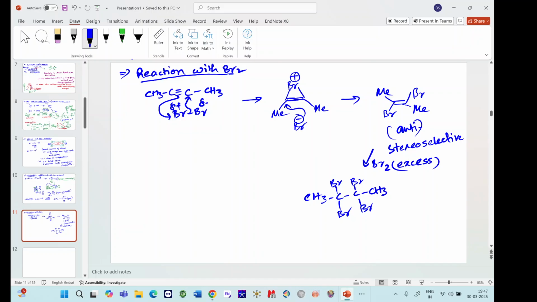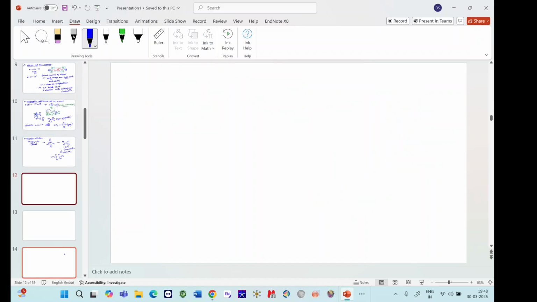Okay, so remember where there is addition of bromine, chlorine with some triangular intermediate step, always this will go through a stereoselective way, the anti-addition pathway. So let us move to the next one, that is